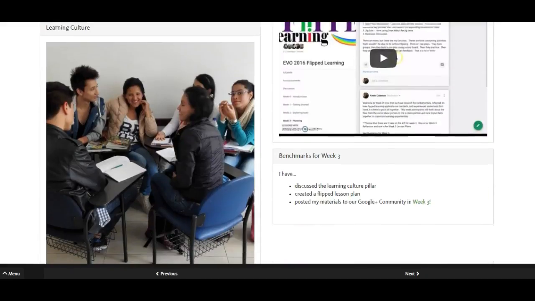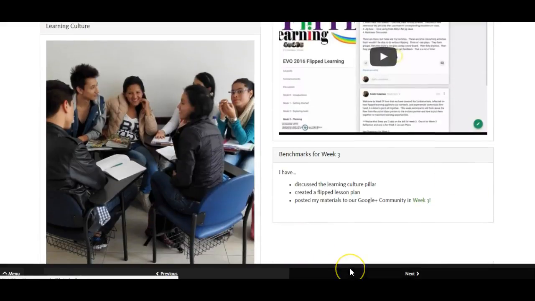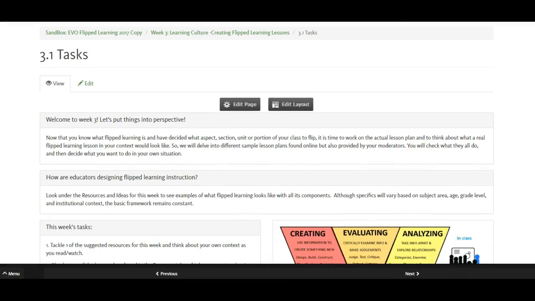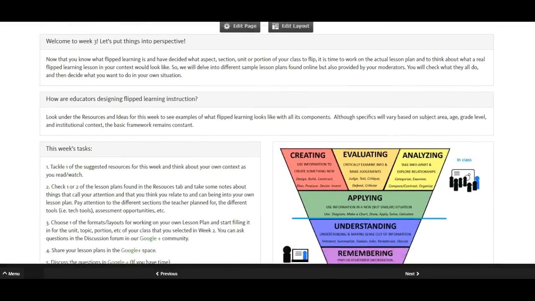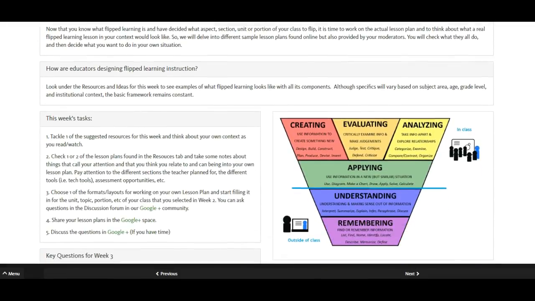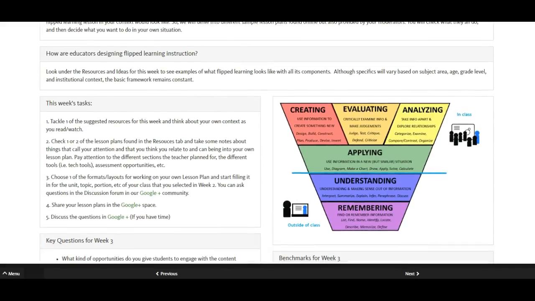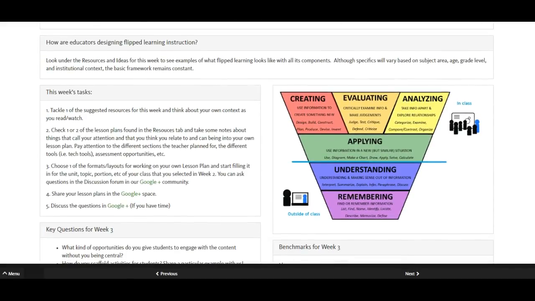Okay, so let's move on in our EVO page. I'm sorry about the scrolling up and down. So, the tasks. On our week 3, we are going to put things into perspective. So we are going to check the actual lesson plan in a classroom.